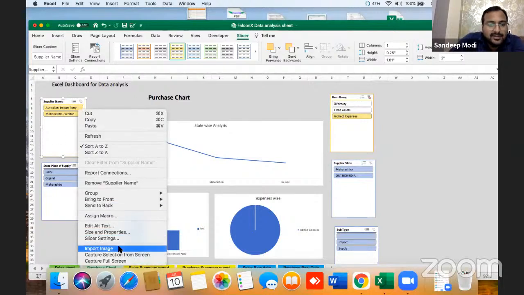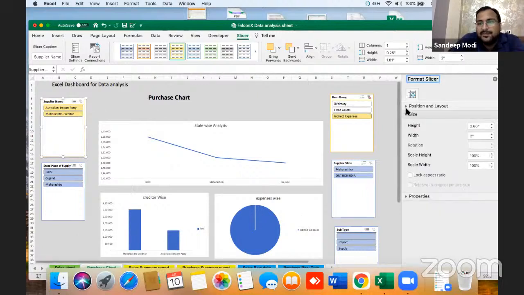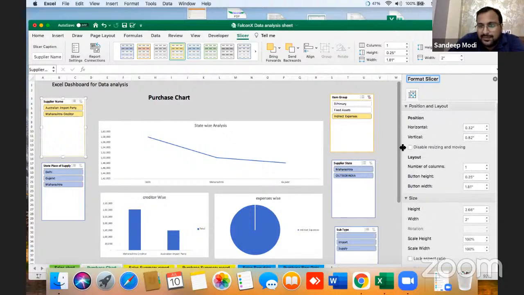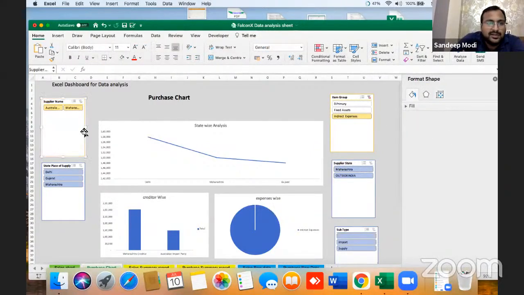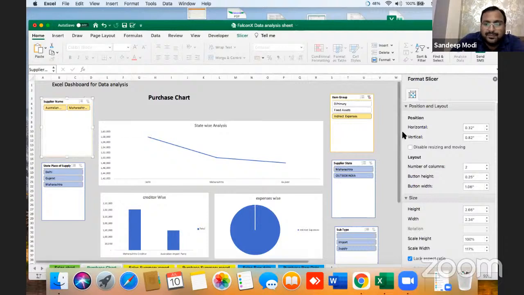As per your requirement. Most of the time, when you are slicing the data, the slicers and everything moves. So you can lock it also. Disable resizing and moving. One part is this. The second part of size is to lock the aspect ratio. If both are done, you cannot move or resize it. Here you can increase the columns. Now, as you can see, here two names are coming. So this would be very helpful for you.